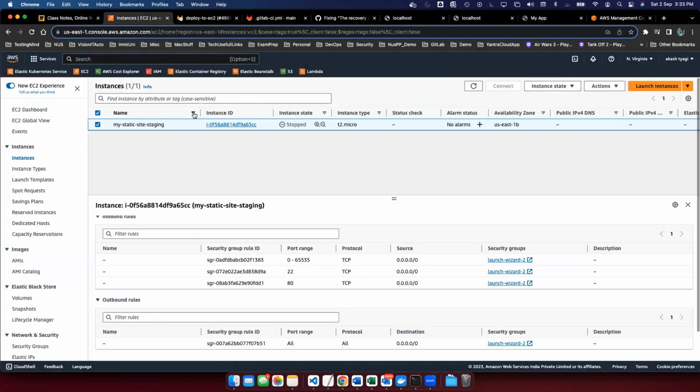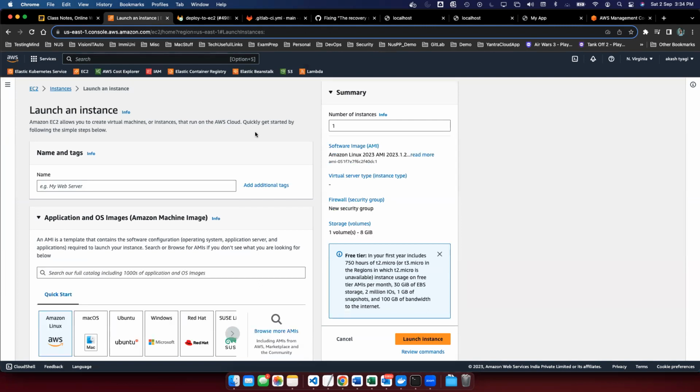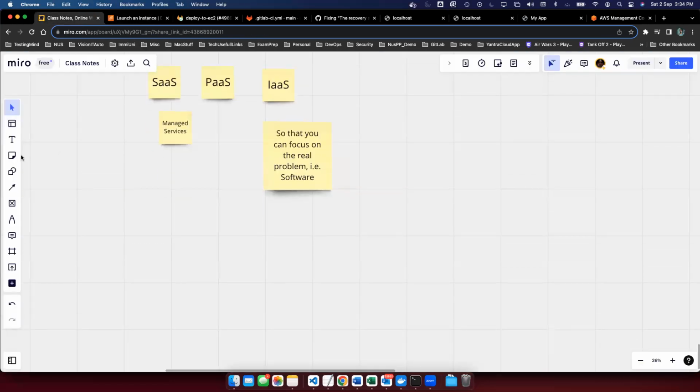How will you go and create an EC2 instance, right? So the easiest way is from the UI. So the AWS console provides you a user interface. You have to go to launch instance. And when you go to launch instance, it does ask you a lot of things, which have different impact, but we'll only go with the basic things for now. Okay, so in the basic things, we need to do a few things. Let me show it here. So first things first, you need to give it a name. Second, you need to give it a